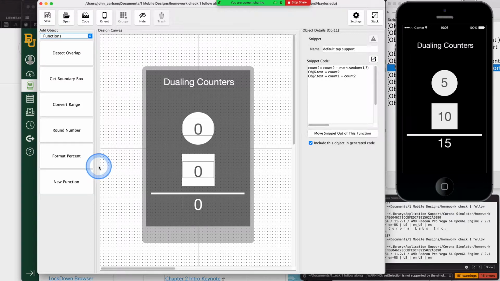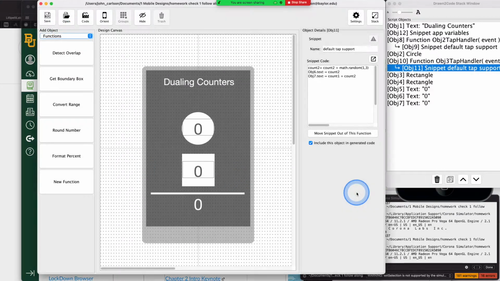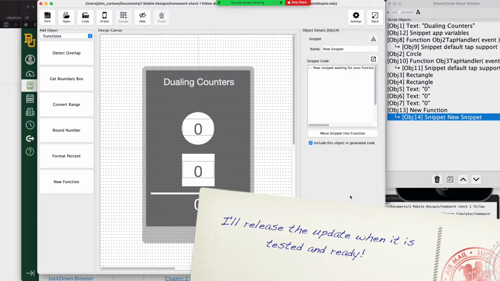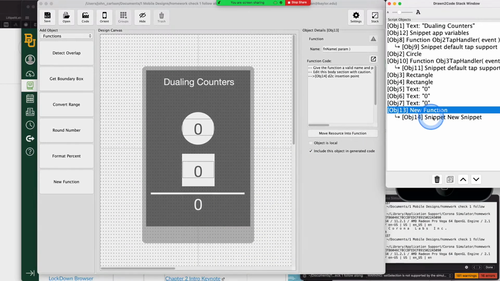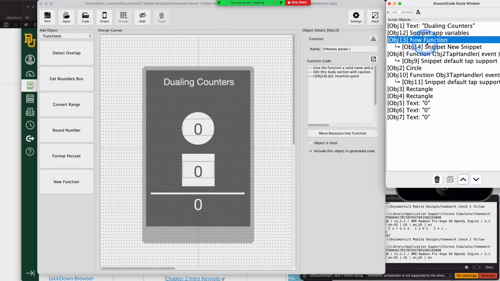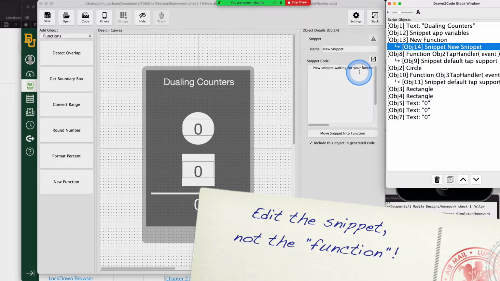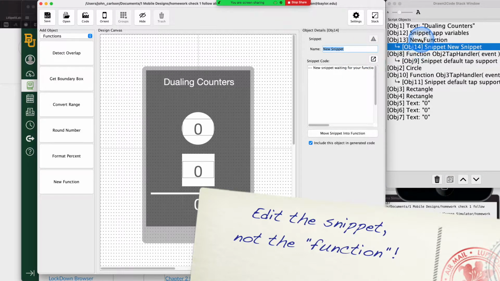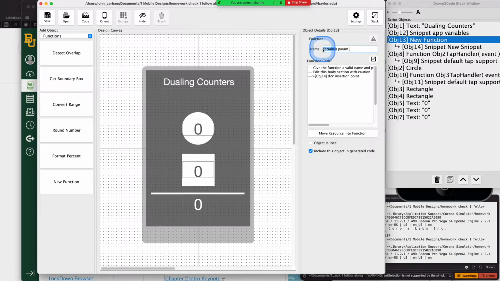I'm going to go to the functions menu and choose new function. I should note I'm using a new version of Drawing to Code. I'm testing it and watching the Java console as I do this, but this creates the function with a snippet in it. I'm going to move it up to the top, and then based on what we talked about last time and the glitch that was in the version from last time, I say probably don't edit this area. You can edit it, but you maybe shouldn't. Instead, edit the function that I've given you. So I have a new snippet here, and the function, I want to give it a name. I'm going to call it update,